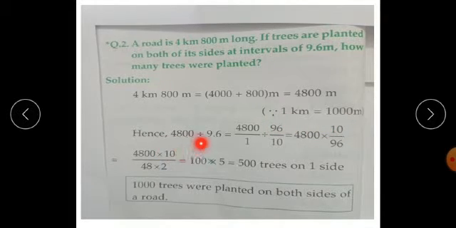Hence, 4800 divided by 9.6, 4800 upon 1 divided by 96 upon 10 is equal to 4800 multiplied by 10 upon 96. Now student, 4800 and 96 both are divisible by 48. 48 twos are 96, and 48 ones are 48. Here comes 100. Now again,